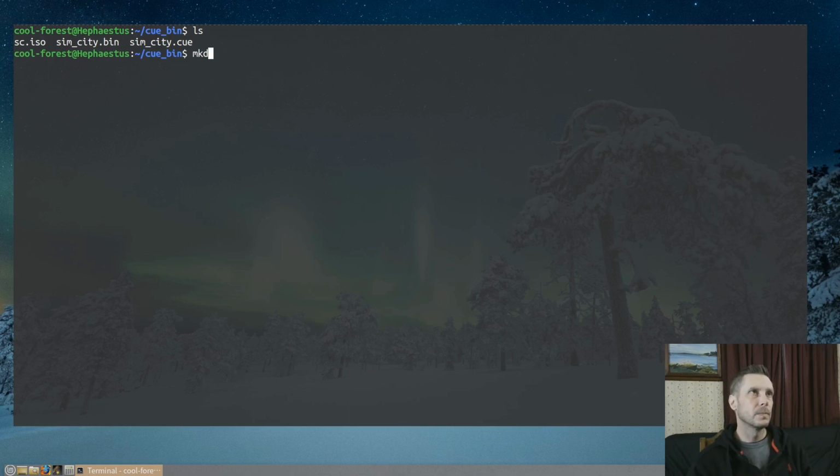First step is to create a directory to mount it to. So we'll just call it mount. And then our mount command. Type ISO 9660. And our file.